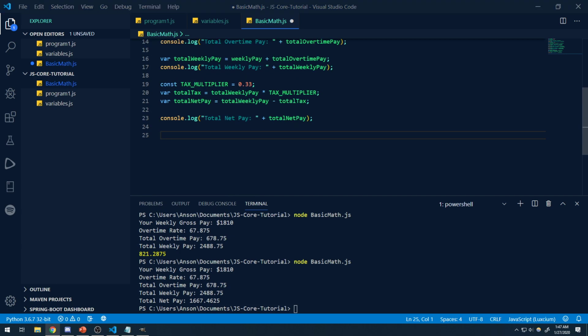Now one thing I should mention before we go on to modulus: I do want to talk a little bit about precedence, because it's important, and if I don't, you guys would be a little bit confused. Pretty much, like in basic arithmetic, the kind you do in algebra and elementary math,